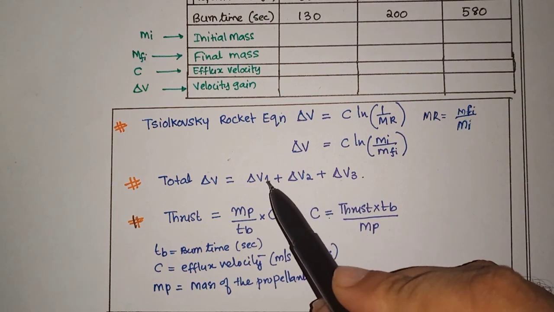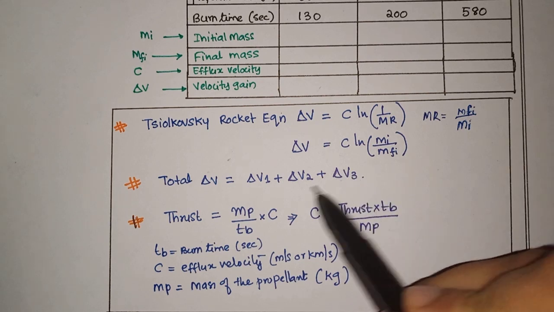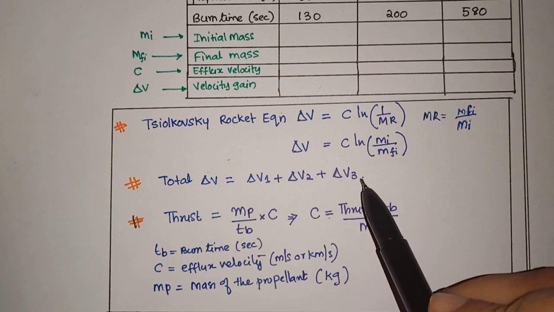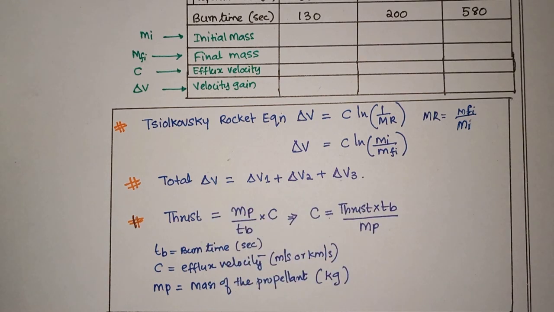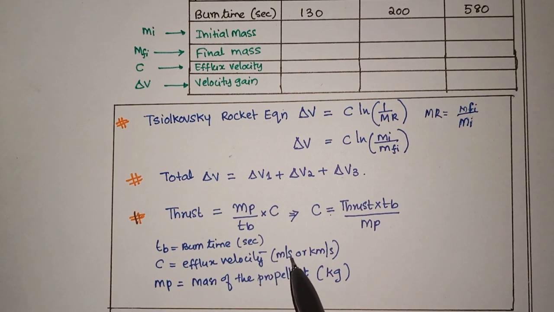So that is going to be the first stage velocity gain, delta v1, delta v2, delta v3, and the summation of all these will contribute delta v, and that is what we have seen in the previous video. Okay, and we have some terminologies here. We have the burn time here. The burn time is in seconds, the efflux or the effective jet velocity in meters per second,